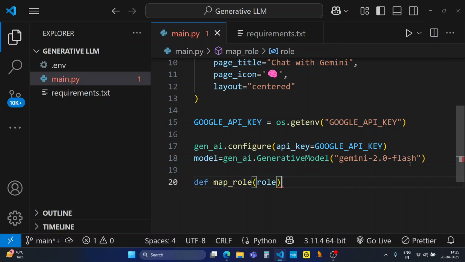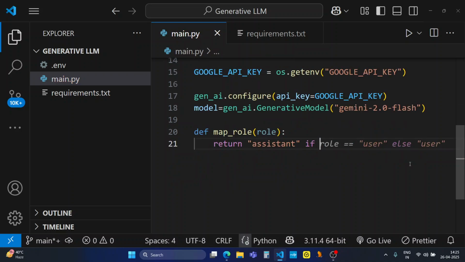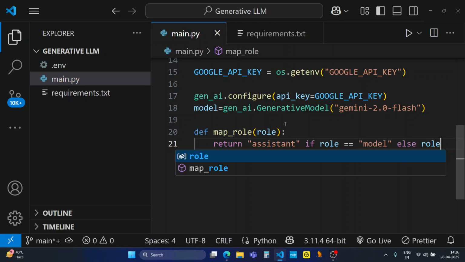We will return "assistant" in double quotes, and if role is model, else role. Yeah, done. So what I'm doing here, so when I was showing you the demo, you saw a